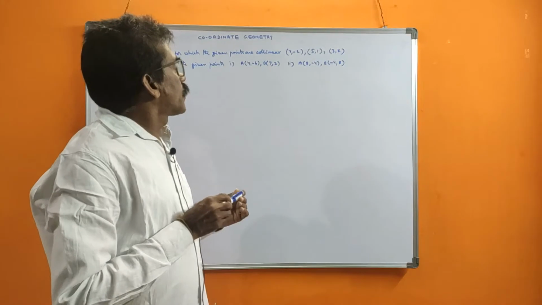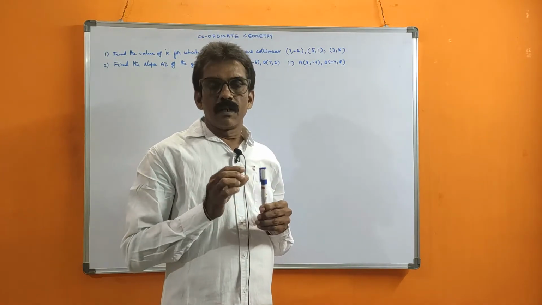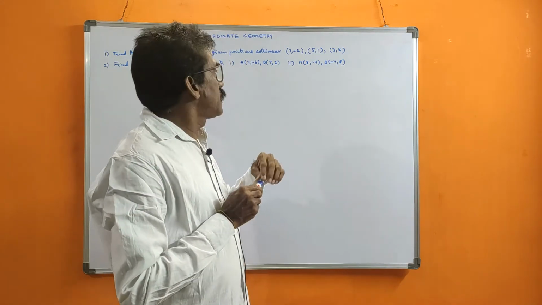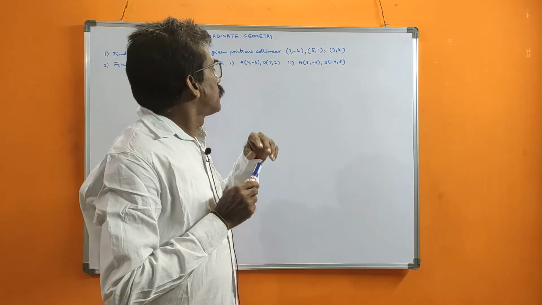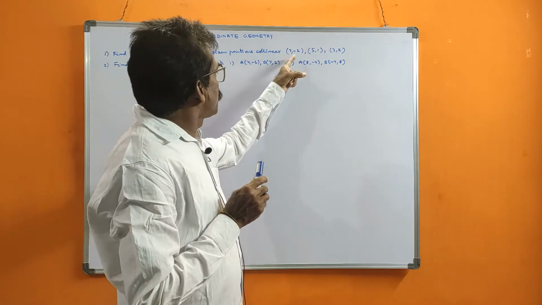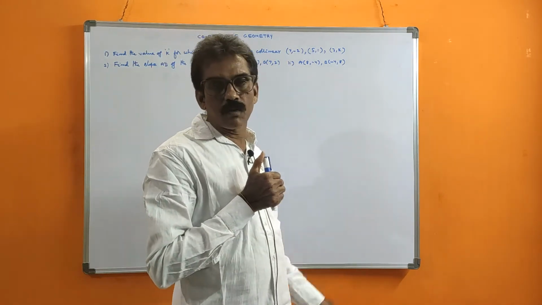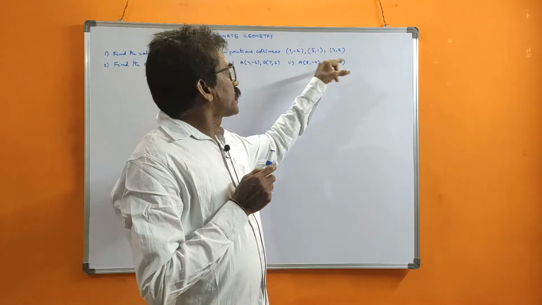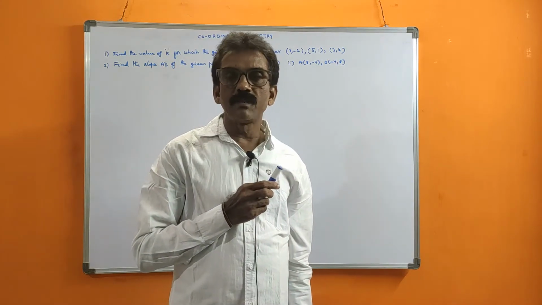For showing collinearity I already explained two methods. Of those, the triangle area method is the easiest. So we should find the area of the triangle formed by these three points. Since it is given that the points are collinear for this value, we equate the triangle area to 0, then only the points are collinear. From that, find the k value. For that value of k, the triangle area is 0, which means they are collinear.